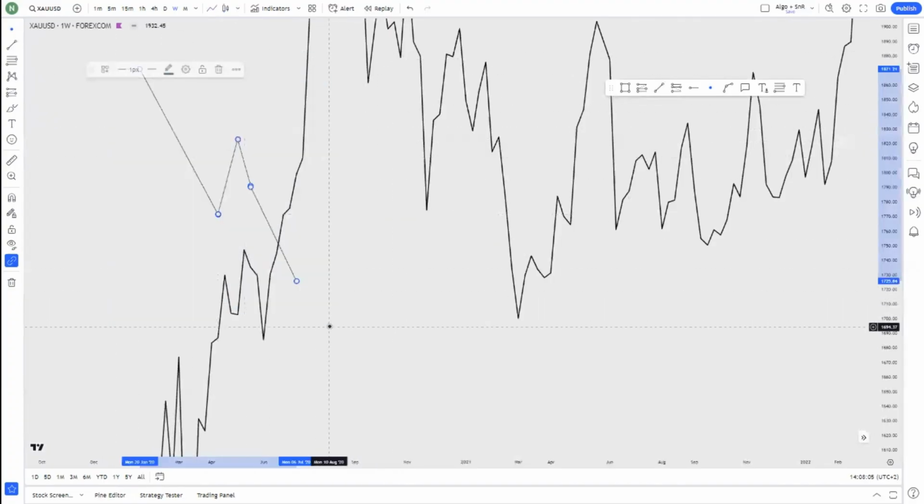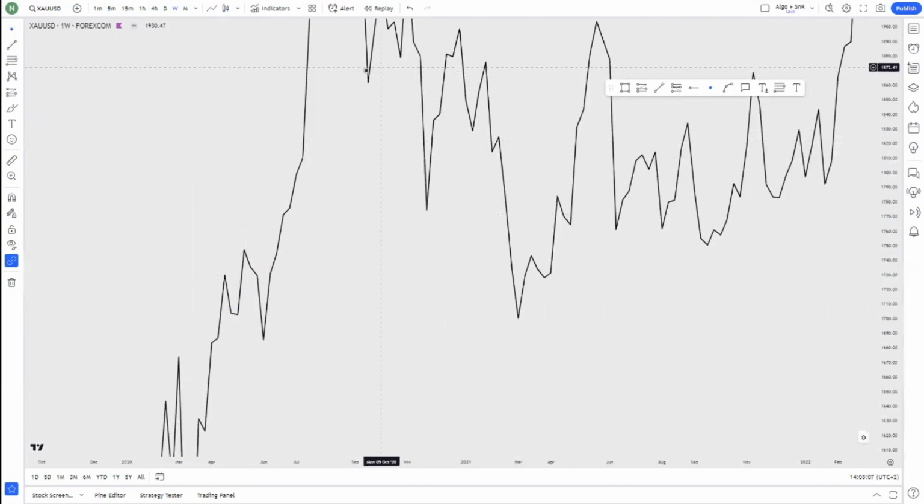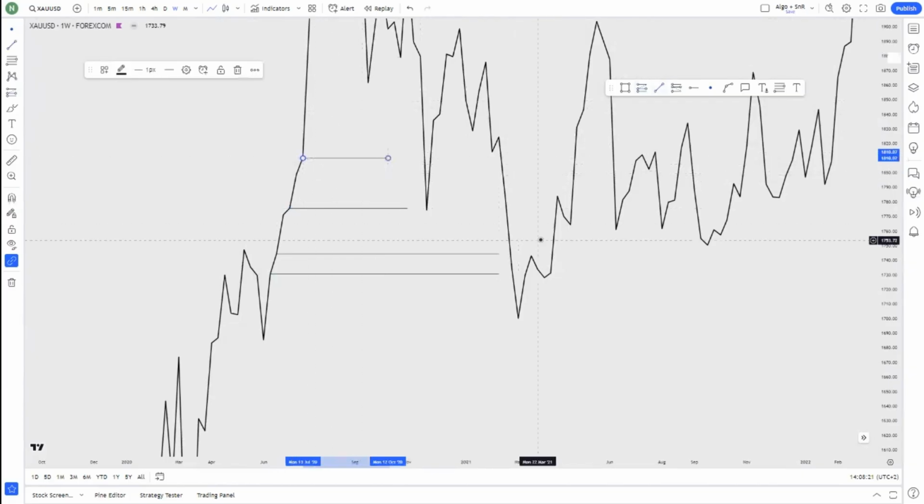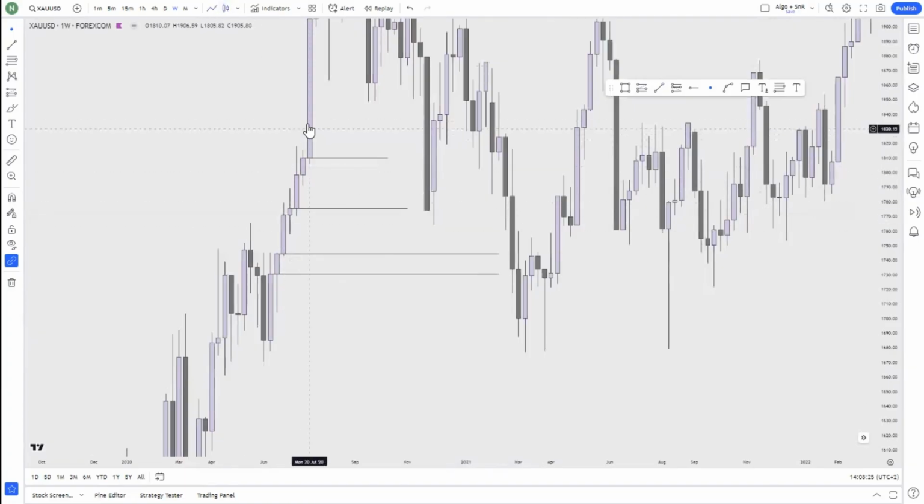So let me just show you an example right here. We see that there's a band created right here in the market. So by that, if you can do like this, you see that these are just bullish